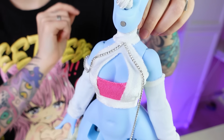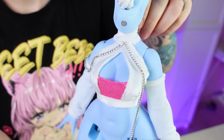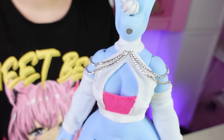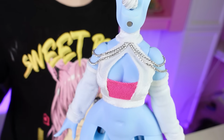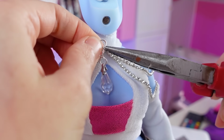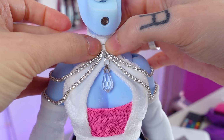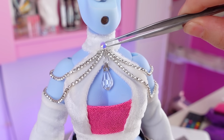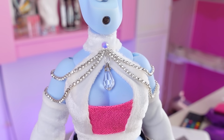I first glue one longer chain from the center middle part to the back of the top on each side, and then add a second chain in the same fashion, and I really love the way it looks. In the very end, I actually found this really pretty icy looking pendant in my stash and decided it would finish up the top perfectly. So I attached it to the front of the top with some glue and finish it off with an iridescent